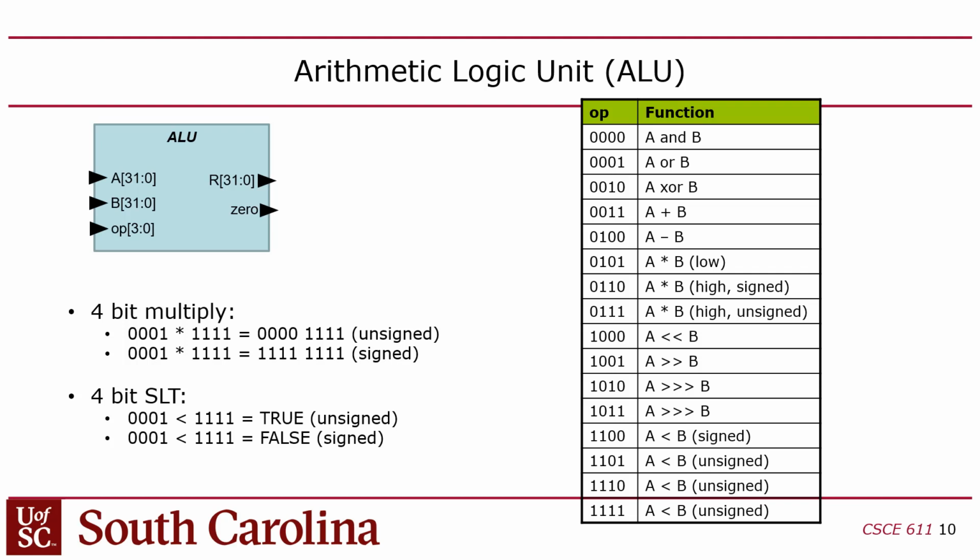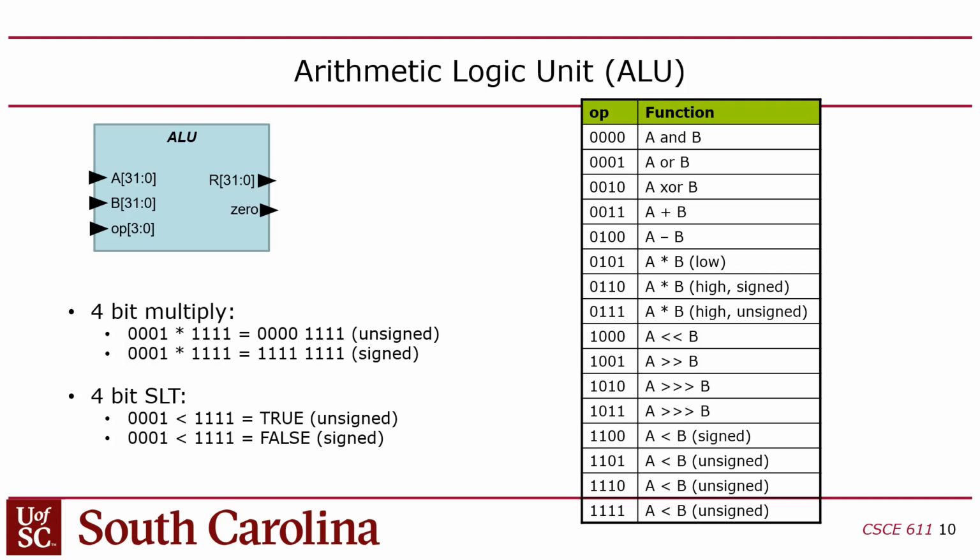Greater than. I think in greater than, you just have to switch A and B and do less than, right? You might say, well, wait, what about greater than or equal to then? Well, greater than or equal to is the complement of less than. So pretty much you just do a less than and you invert the output, right? Make sense? So you can do all your comparisons with just less than and do subtract, right?